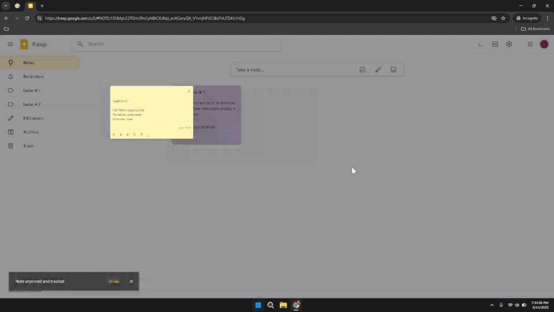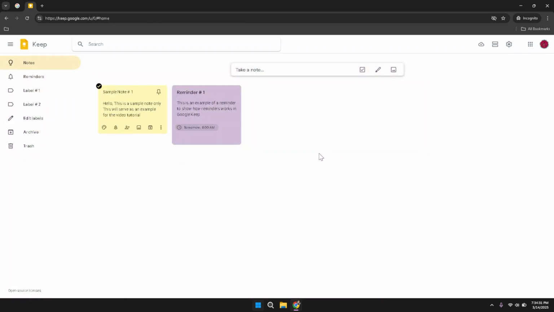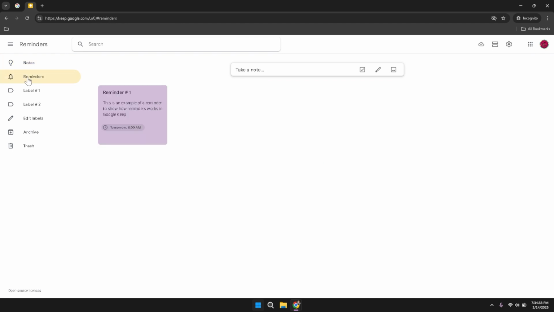Setting reminders is an essential feature for managing your time and tasks effectively. By associating a reminder with a note, you ensure that you receive timely notifications about important deadlines or events. These reminders can be set for specific dates and times, making it easier to stay organized and on top of your schedule. Whether it's a meeting, a project deadline, or a personal commitment, reminders help you prioritize your tasks and